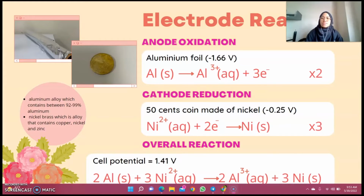Basically, aluminum foil is made from aluminum alloy, which contains aluminum in a range between 92% to 99%. However, the aluminum foil is only between 0.00017 and 0.0059 inch thick. If we use a corrosive electrolyte, the electrode must be changed frequently. For our cathode, a 50 cent Malaysian coin has been used, which is made from nickel brass, which contains nickel, copper, and